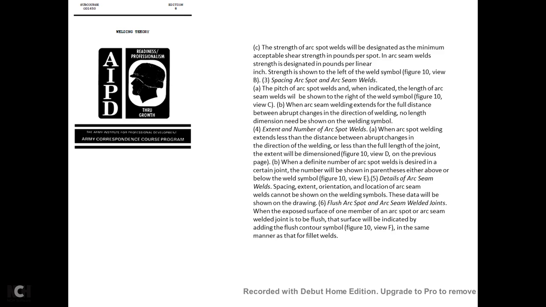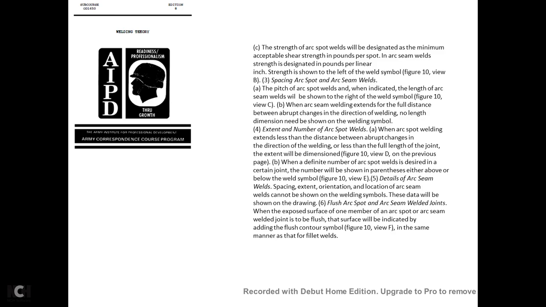3. The spacing of arc spot and arc seam welds. The pitch of the arc spot welds is indicated, with the length of the arc seam welds, to be shown on the right of the welding symbol. When the arc seam welding extends the full distance between abrupt changes in the direction of the welding, no length dimension needs to be shown with the welding symbol. Extent of the number of arc spots: when the arc spot extends less than the distance between abrupt changes in the direction of the welding, or less than the full length of the joint,